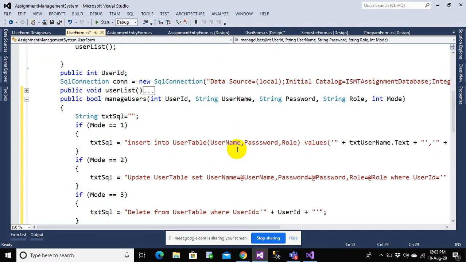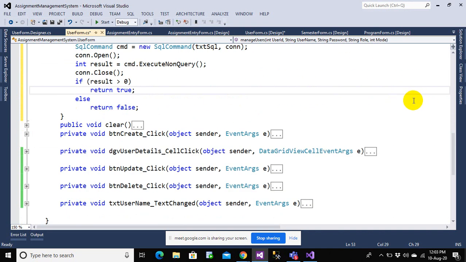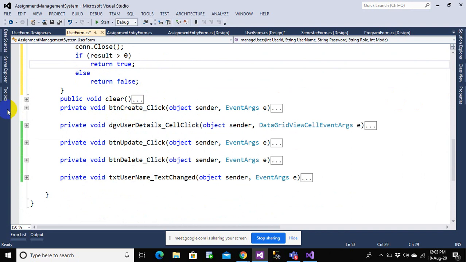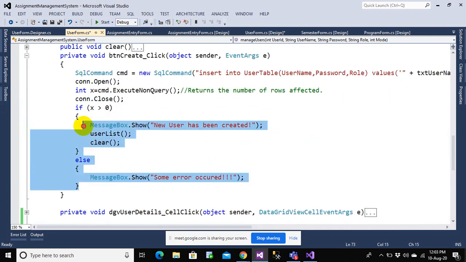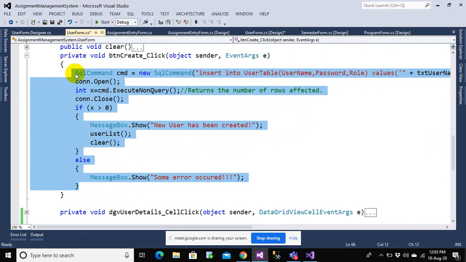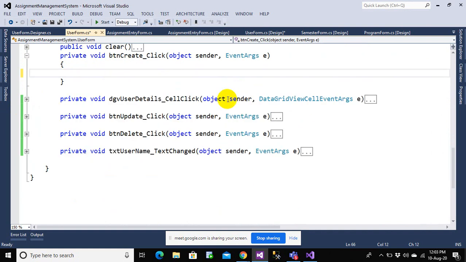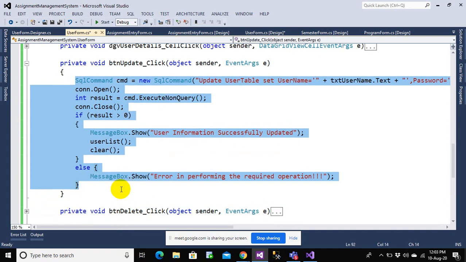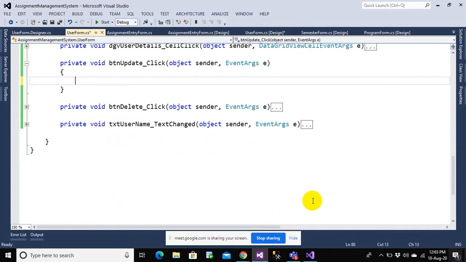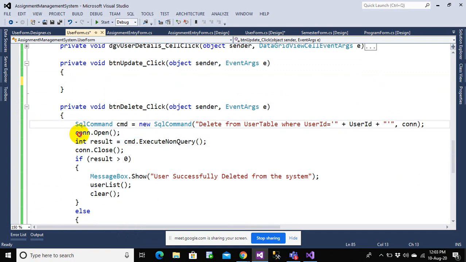Now I can call it anywhere. I can call this function anywhere, and I simply have to pass this value, nothing more than that. So let us go to now create one, and instead of writing all this code, I don't need to write this anymore, and I just delete this update. I will delete this. I do not need all this code here, and no code duplication should occur now. So let me delete this code.